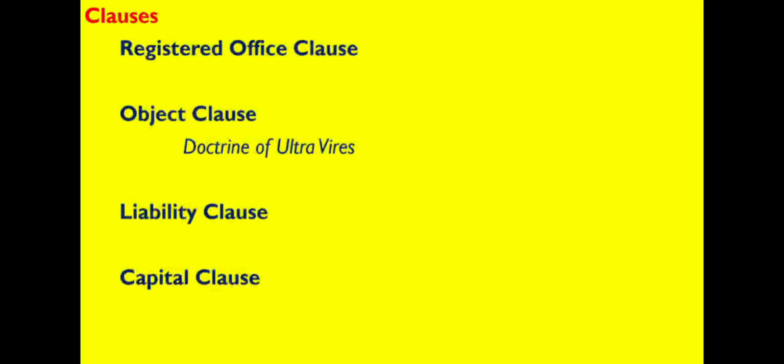Under this comes the doctrine of ultra vires. If the company operates beyond the scope of powers stated in the Object Clause, then the action of the company will be ultra vires and thus void. Consequences of ultra vires. First, liability of directors. The directors of the company have a duty to ensure that company's capital is used for the right purpose only. If the capital is diverted for another purpose not stated in the memorandum, then the directors will be held personally liable.